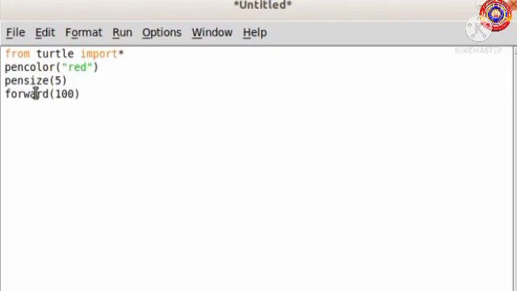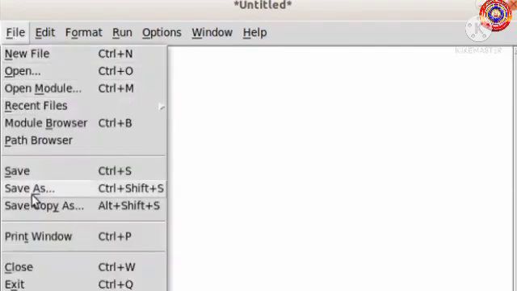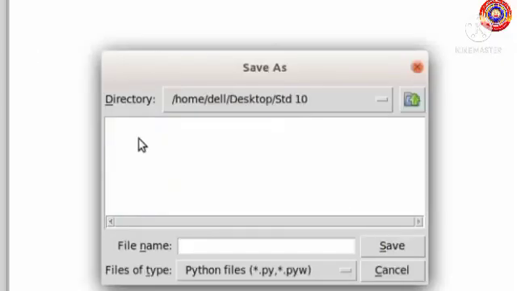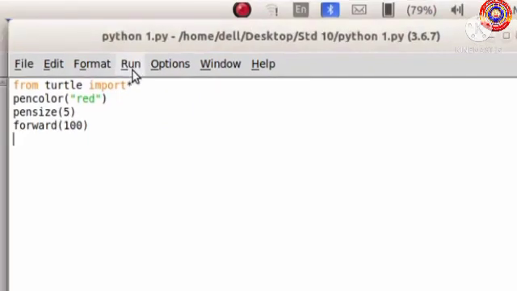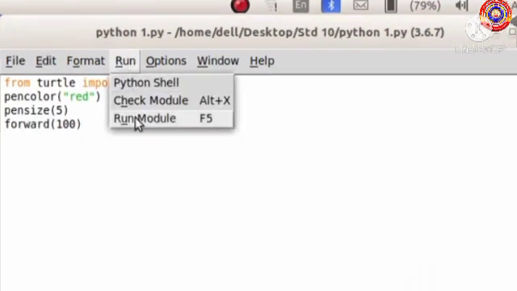Let's see the output. For that, we have to save the program first. File, Save. Give a file name here. For seeing the output, we have to run the program. Run Module.